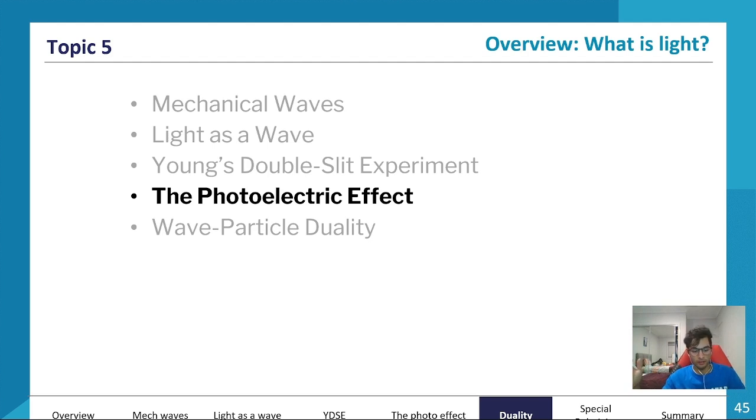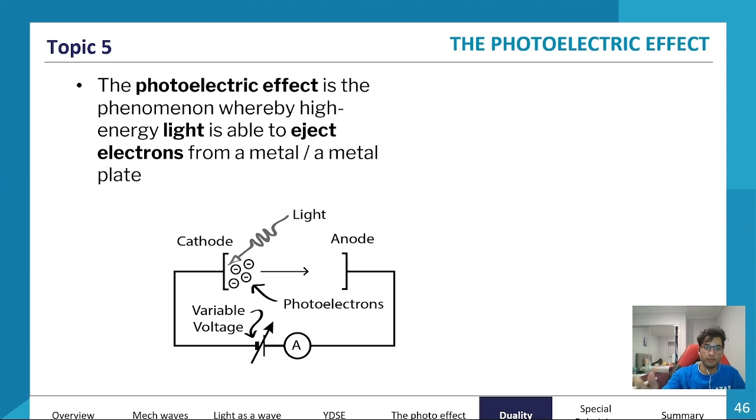The next thing that happened was that some scientists were not very happy because, again, this was a time when light was believed to be a particle. And so the next advancement in physics was this thing called the photoelectric effect. If you remember from term two, you did something called photovoltaic cells,